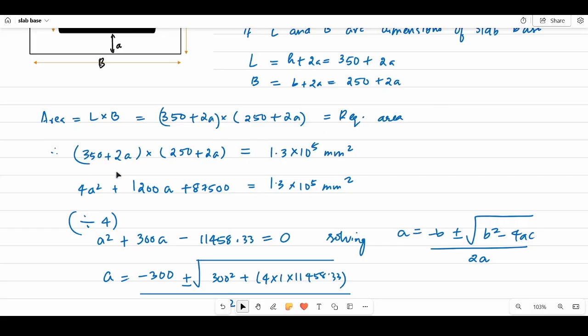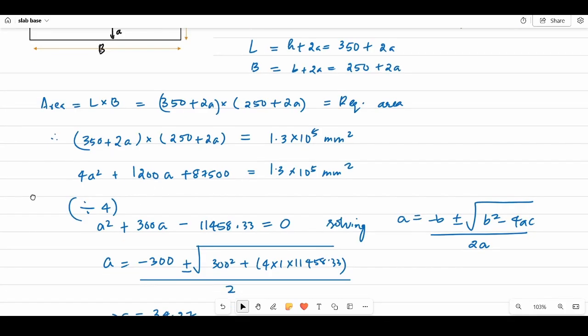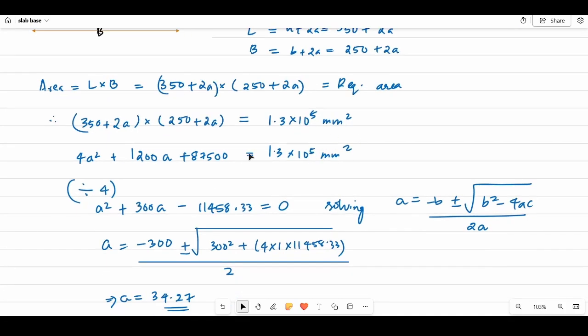So this will become a quadratic equation. So you have to open this bracket. 2a squared is 4a squared. Now what is this value? 350 into 250 will be 87500, and this we have to multiply here. So this will be 2a into 250, which is 500a, and also 2a into 350, 700a. So it will be 1200a. Now this is a constant. We have to subtract this here, and this value minus this value will be